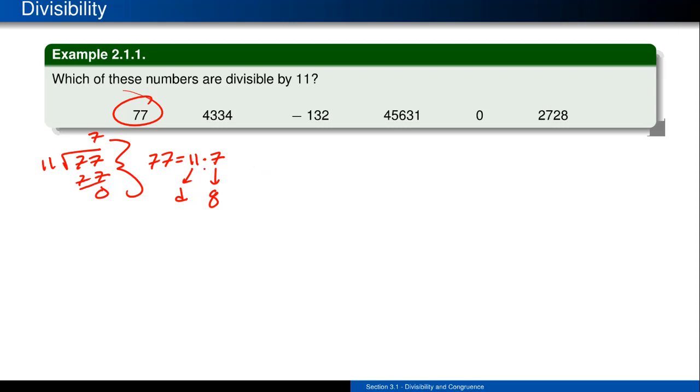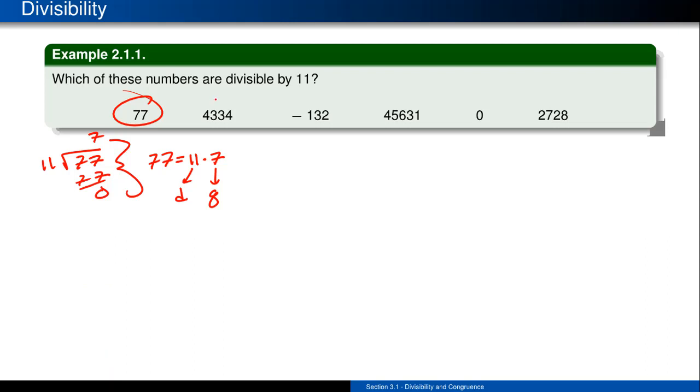If you're not used to seeing this representation, this is what's going to underlie the actual formal definition of what it means to be divisible. And that's what we want to lead towards: this nice example of practicing various divisibility things to slowly lead into this slightly more formal structure. So next up, let's look at the number